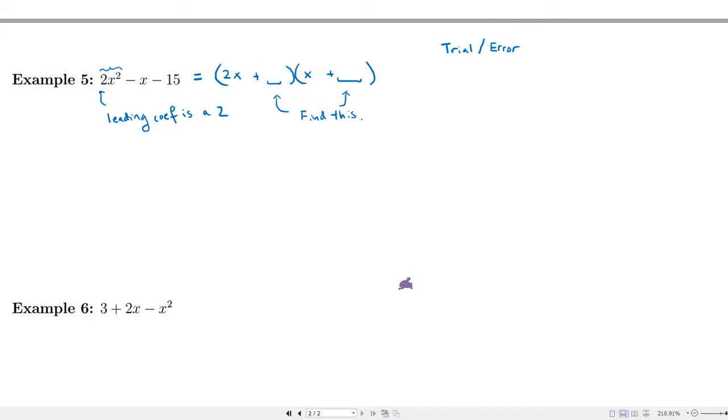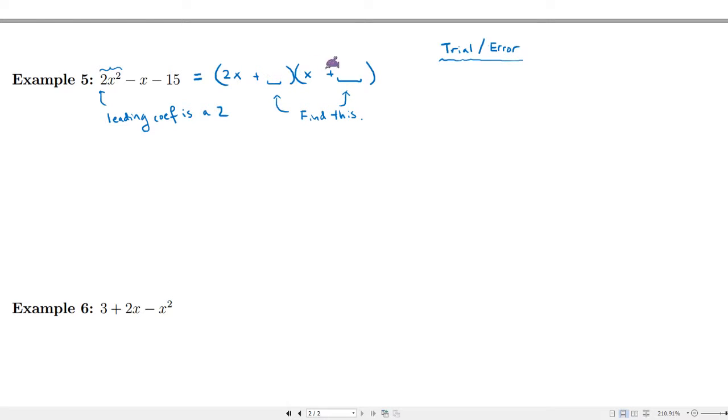can just follow the basic procedure that we actually had before, because now that we have this 2 here, when we do this foiling, this 2x is actually going to multiply this. So if I just called it b, yes, you could do that, and then you could say, okay, now I need to satisfy these two equations. But here's where trial and error can kind of help us out a little bit. What are we going to put there? Well,